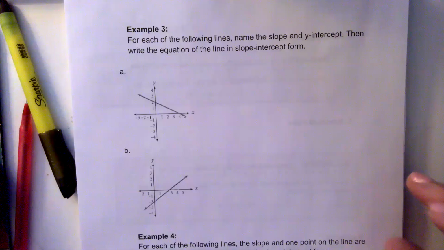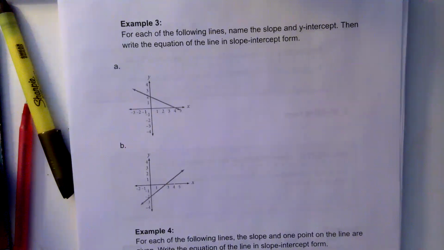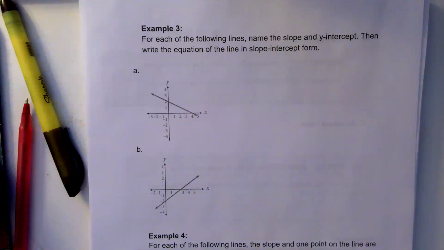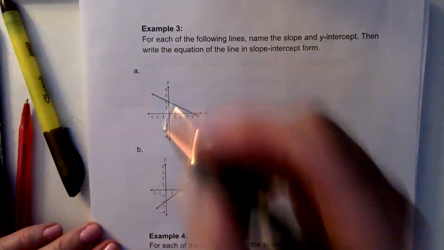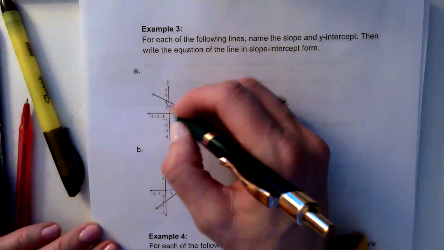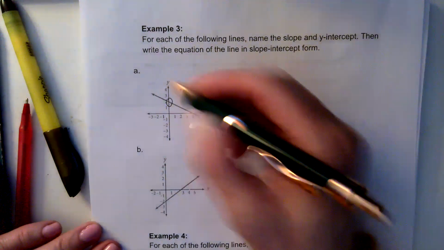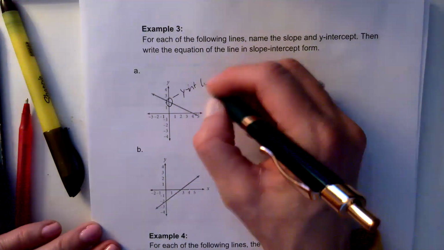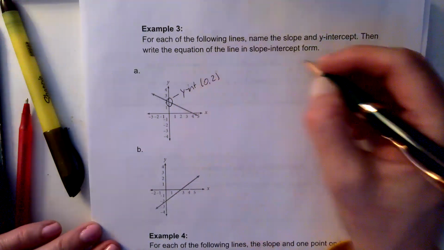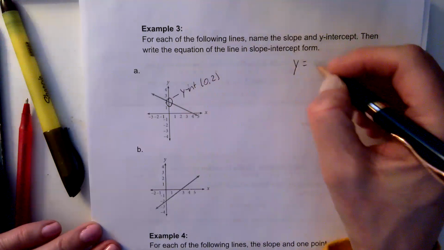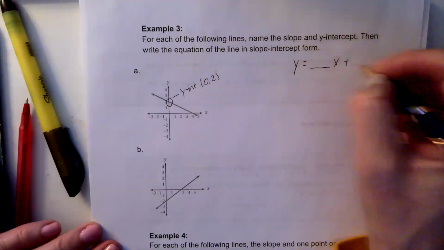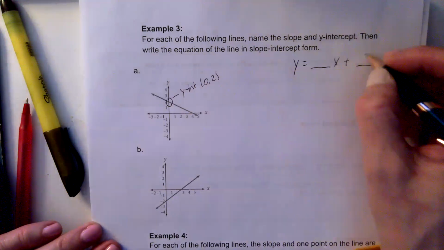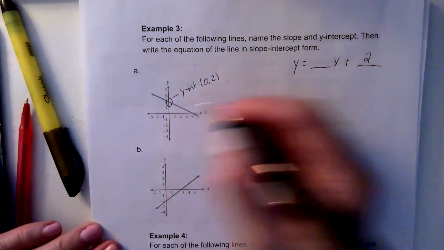Example 3, for each of the following lines, name the slope and y-intercept, then write the equation of the line in slope-intercept form. Okay, so I'm going to find the y-intercept first if I can. It looks like it's right there. Y-intercept at 0, 2. So we need the slope and the y-intercept. So we know the y-intercept is at 2, and the slope